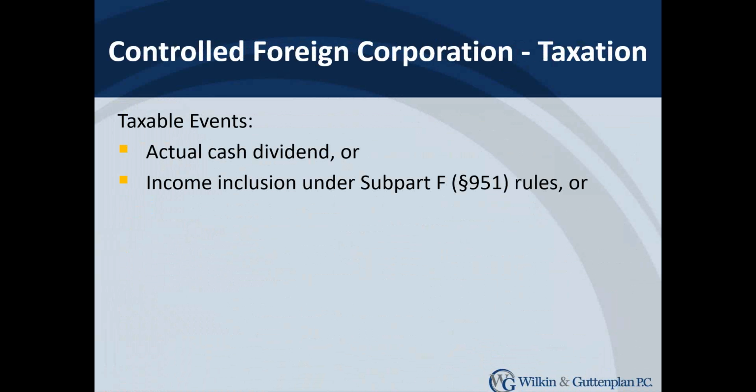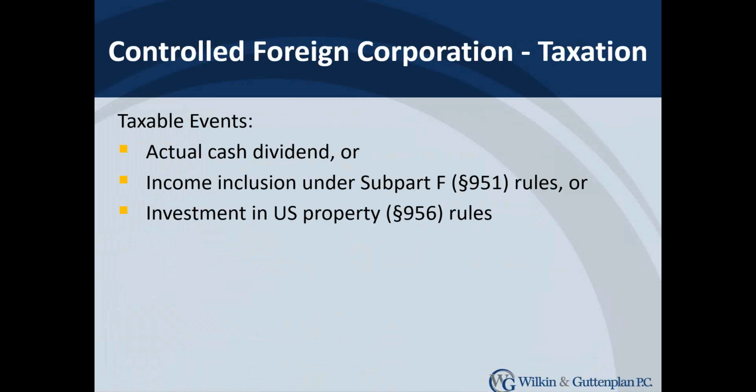The thinking was, well, why do you need a subsidiary in Spain? You could have just as easily done that from the U.S., and therefore that would give rise to what we know as Subpart F income, which is effectively treating the income of that Spanish subsidiary like a partnership. And you would have current income on your U.S. tax return, even though no cash had been received. So that's the concept of Subpart F. That's an entire area of taxation that we're not going to get into, but those rules have not been changed, and that is something that still exists. Okay. Excellent. Thank you, Vinay.